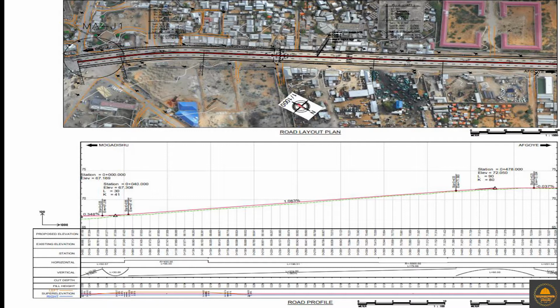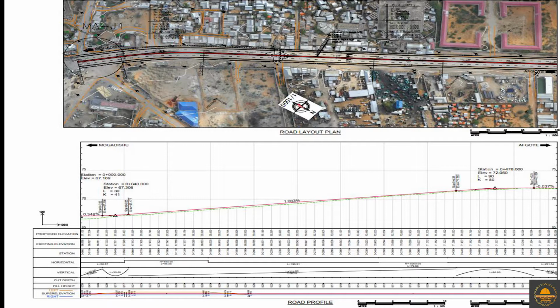Then we will explain the vertical profile, and in the vertical profile I will show how to draw and how to create a design profile, and you can see the profile bands. We will explain how to set the data bands and how to create new data bands,